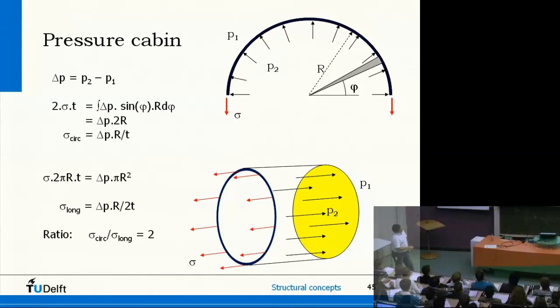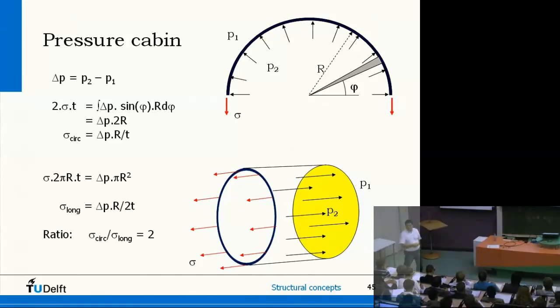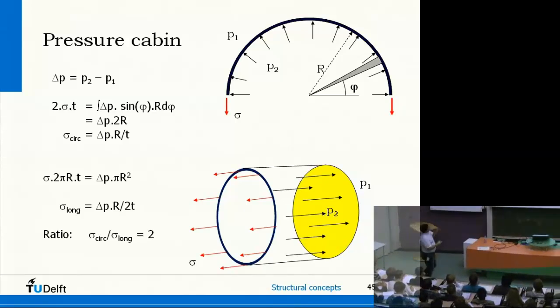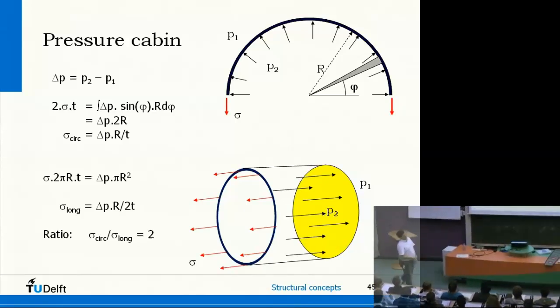In the longitudinal direction, it is also very simple. At the end of the cylinder, you have a pressure bulkhead taking up the loads, which have to be transferred by the skin. And here you have the area of the skin, circumference times the thickness, and a stress, and that should be equal to the pressure working on this surface, as you can see here. When you calculate, it's rather easy and straightforward. It looks difficult, but it's not that difficult.